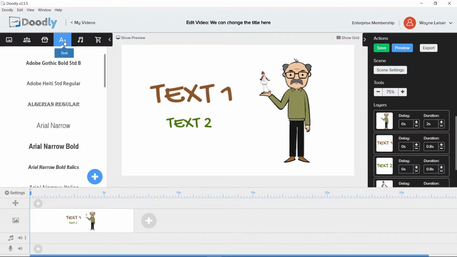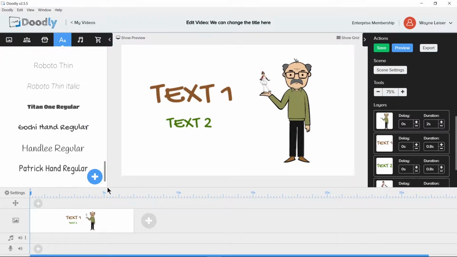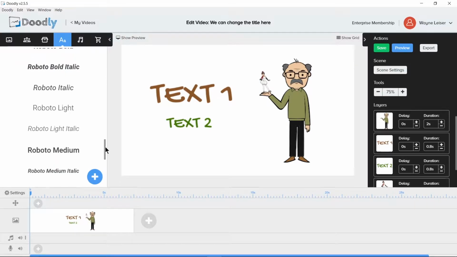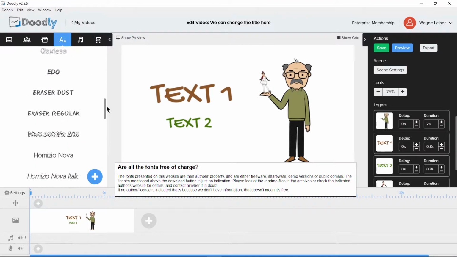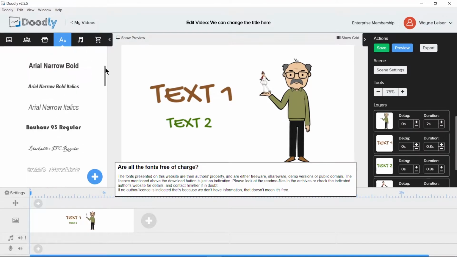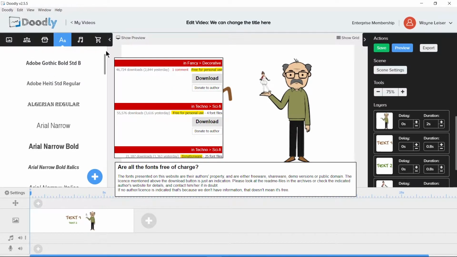Moving on to fonts. Doodly comes with 3 fonts in this version: Patrick Hand Regular, Handley Regular, and Gochi Hand Regular. Any fonts you see in this video, I went out on the internet, researched the fonts, and decided I wanted to use those fonts for my own doodles. Make sure you read the licensing and terms of use on each font before you use it, because a lot